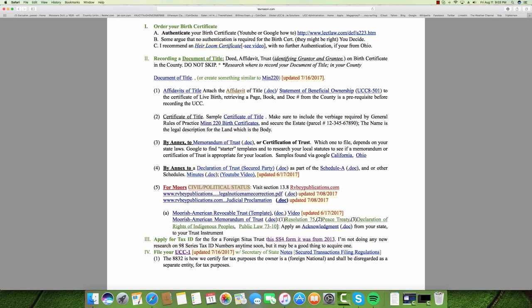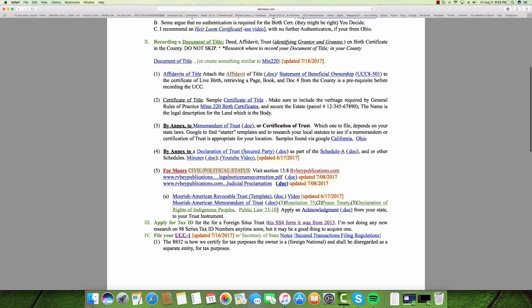Some of that is going to depend on independent research in your county, in regards to whether they accept certifications of trust, declaration of trust. The most important thing is to get some type of title, whether memorandum of trust, affidavit of trust, or something to title and demonstrate who holds ownership of that estate recorded in the county record. You want to do that. Once you have that county recording,